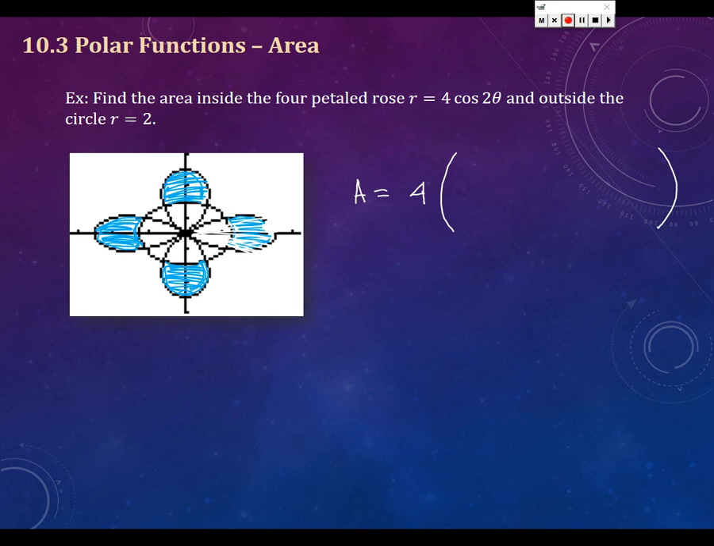But we need to find the limits of integration too still. So we'll do 1/2 integral from, what is that outside function? That's the 4 cosine 2 theta. And the inside function is just 2. So we're doing 1/2 r squared d theta. And then if we're choosing to take one of these things and multiply by 4, then what are the limits of integration? For that, you need to solve